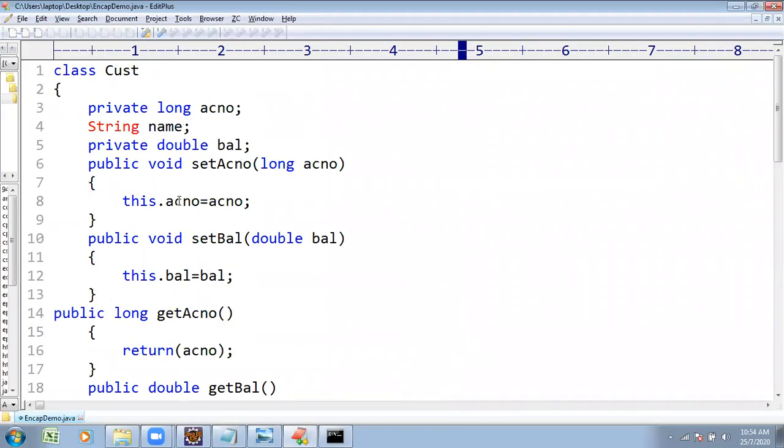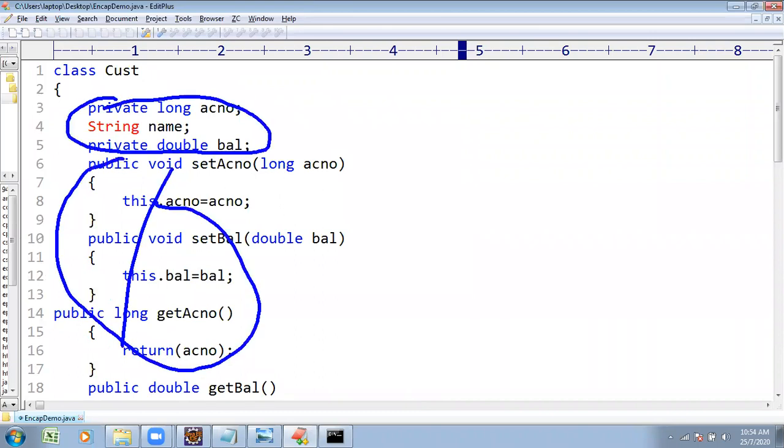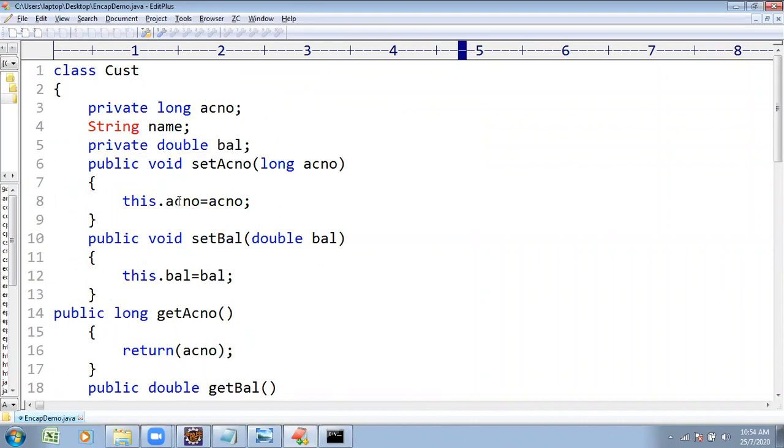Encapsulation, capsule, normally a combination of this data part and method part. These are the method part. Combining data and methods under a single unit is known as encapsulation.